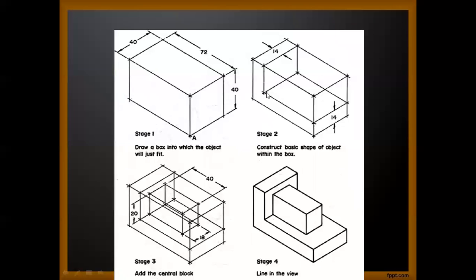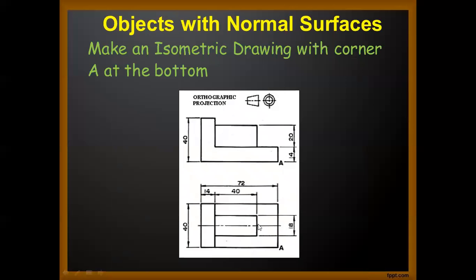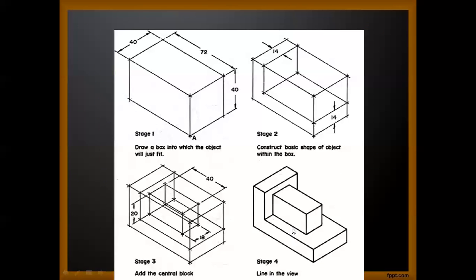Now height is 20. So from here, we can take the center. Okay, from the center its width is to be drawn. So this width is 18. From the center we have to take 9 on this side, 9 on this side, it will be 18. So plot it over here up to the length of 40. Similarly, from the center take 9 on this side, 9 on this side, so it will be a total of 18. Then take those two lines in this direction up to 40 because this length is 40. Now this base is ready.